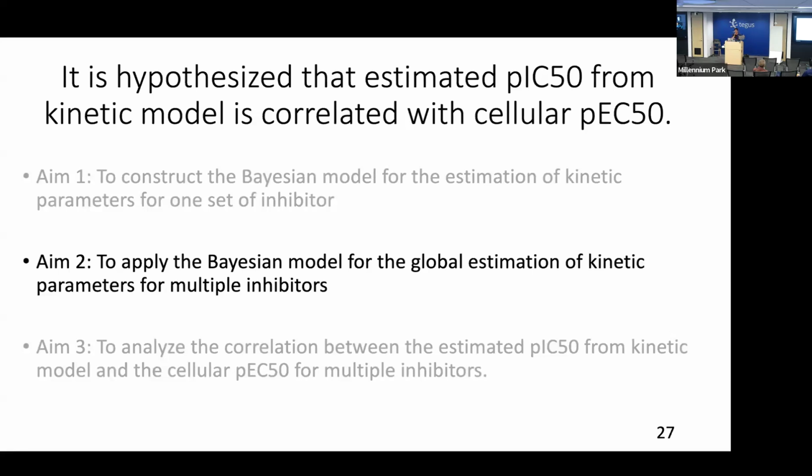Okay, so that demonstrated to us that we could actually fit this model to data and get some idea of how tightly the parameters are known. But that was only for one fairly small data set. We wanted to see whether we could apply this to multiple inhibitors, because in a drug discovery campaign, they'll make hundreds of variations of a possible drug before they actually decide on something to test in the clinic.